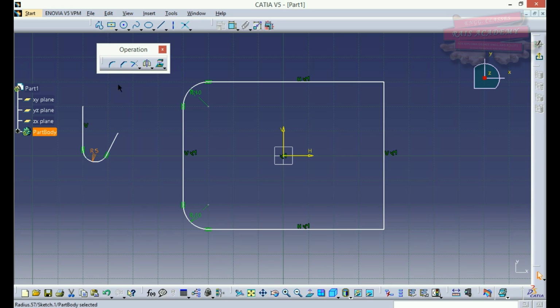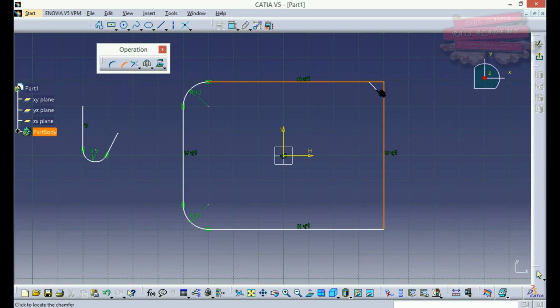Okay, now we'll move on to the next command, which is chamfer. Chamfer is a way of blunting the sharp corners of a square. So suppose I click on this edge and this edge, it would create a chamfer. Now you can see as I hover, the chamfer size increases or decreases.